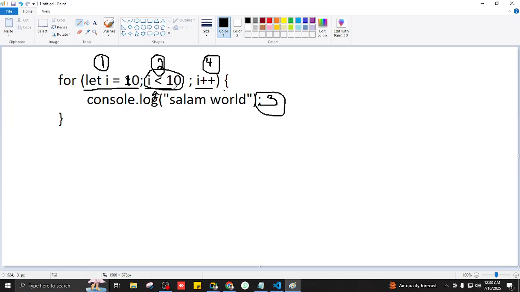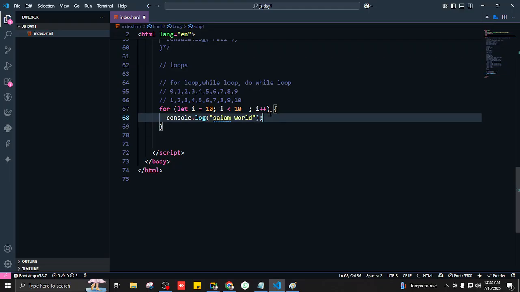Okay, it's going to continue doing it unless this condition gets false. As long as this condition is true, like as long, for this case, as long as I is less than 10, it's going to console log salam world. So for the third step, the I increases by 1? No, it's the fourth step. The third step is the function body is going to be executed, like everything inside these curly braces. Okay, and the fourth step, I is being incremented by 1. Okay, now my question to you guys is,